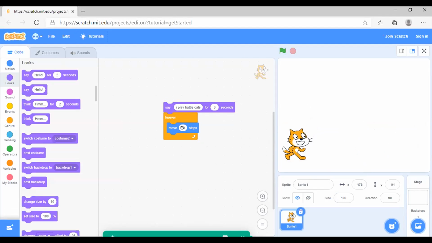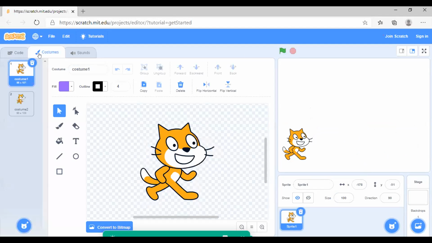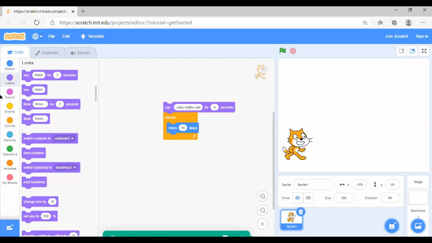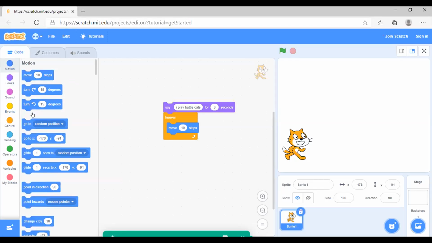Very good. Now, whenever Rohan's cat is hitting the edge, it is not coming back. We have to make sure that it comes back also. Rohan, let's go back to motions again. There would be a block which says if on edge, bounce.